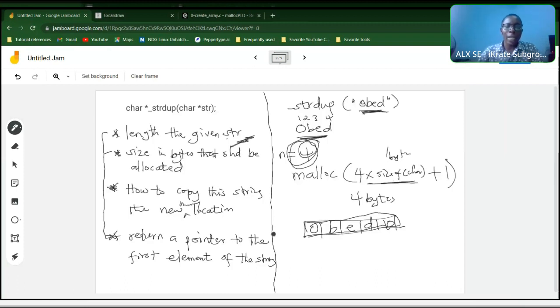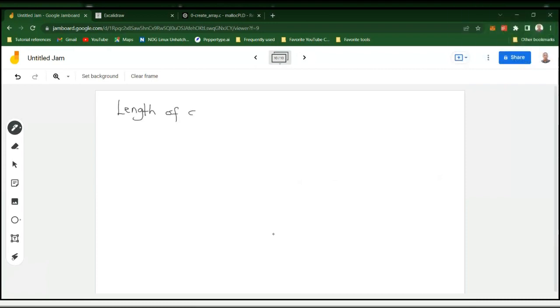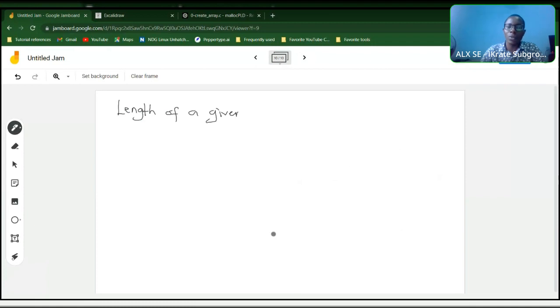So let's now try and get each of them done. How do we get the length of a given string? So that becomes the first thing we want to do. Length of a given string. So you realize that this is actually not related to Malloc. It has nothing to do with Malloc. Getting your string length has nothing to do with Malloc. You could have used the